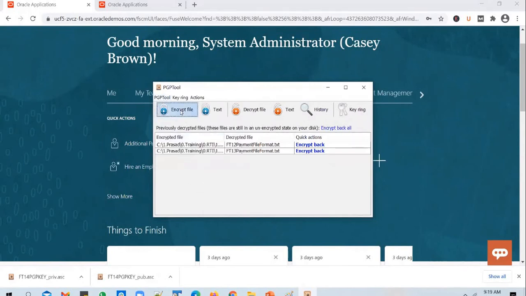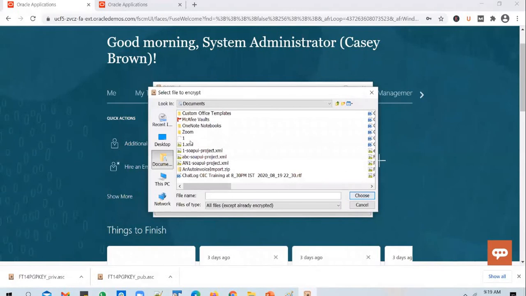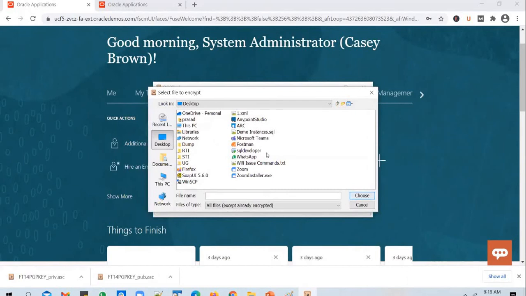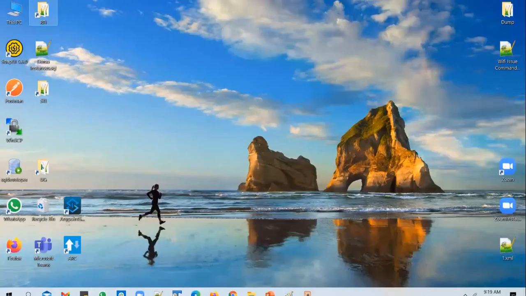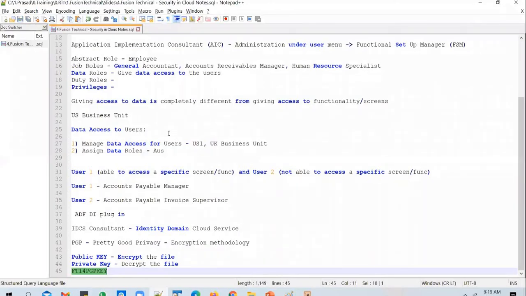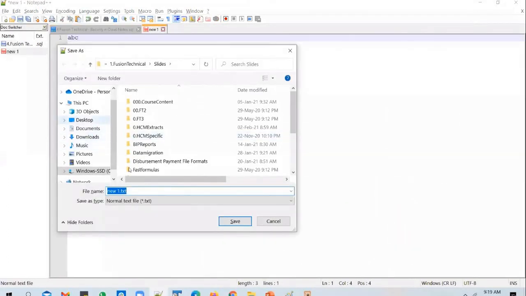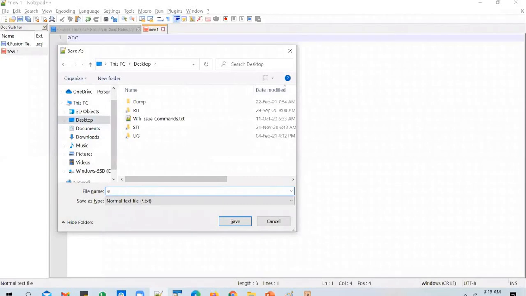And if you want to encrypt a file, you select a file. Say, for example, you want to encrypt this. Let's create a new text file, ABC, Encryption test.txt.